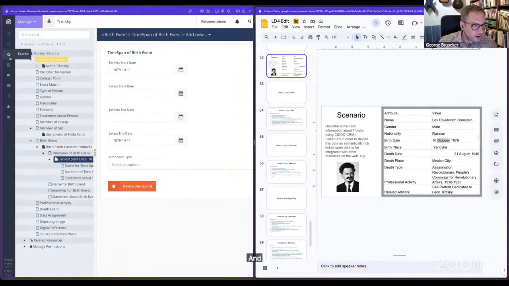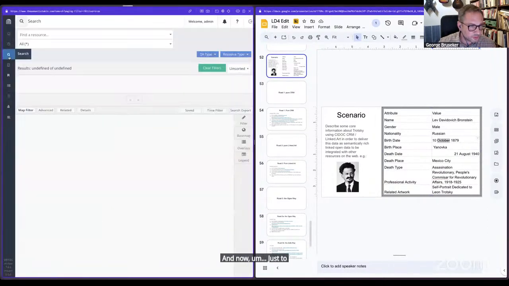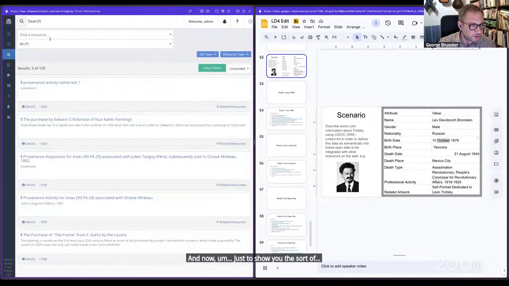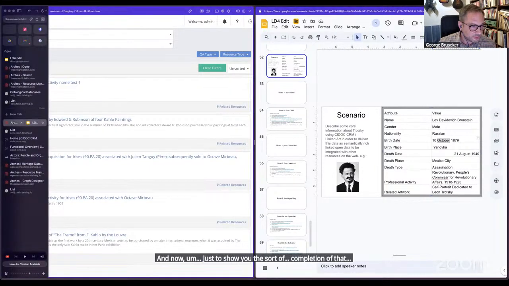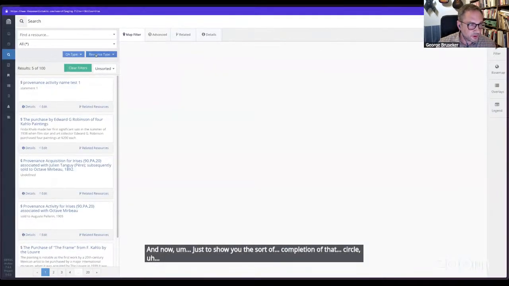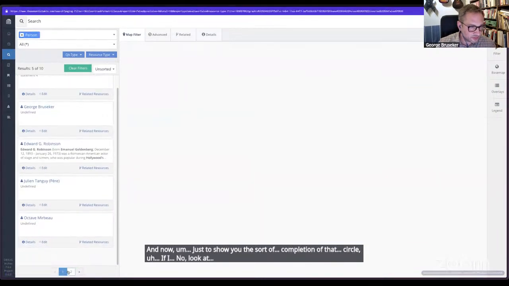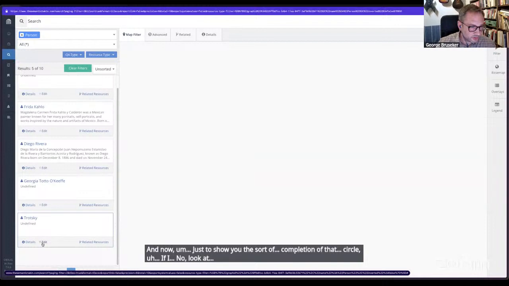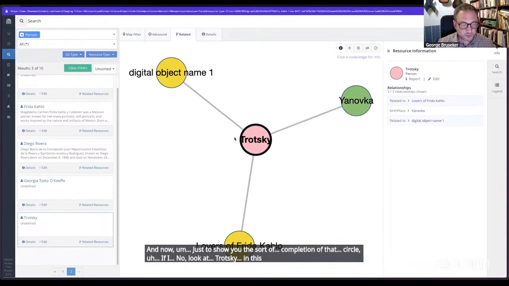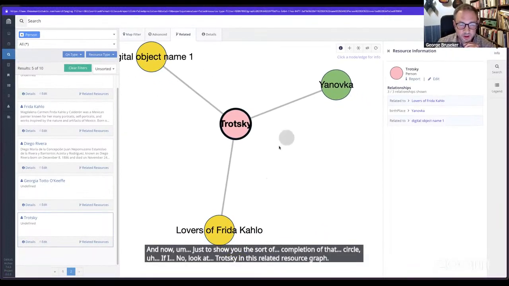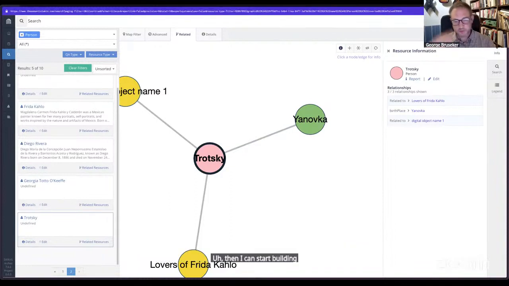And now, just to show you the completion of that circle, if I now look at Trotsky in this related resource graph, then I can start building out his connections.